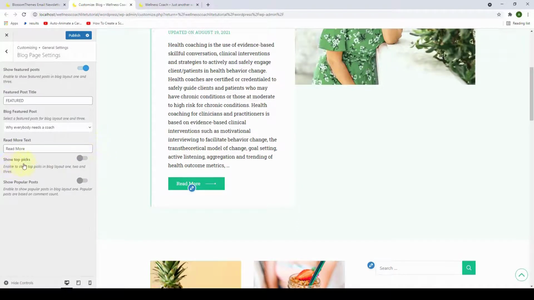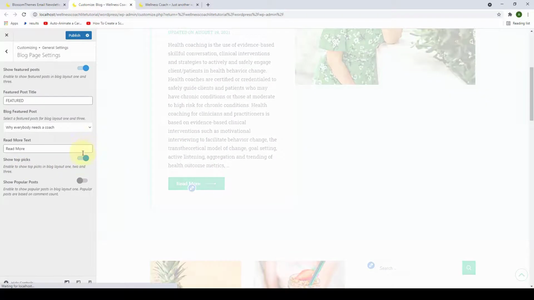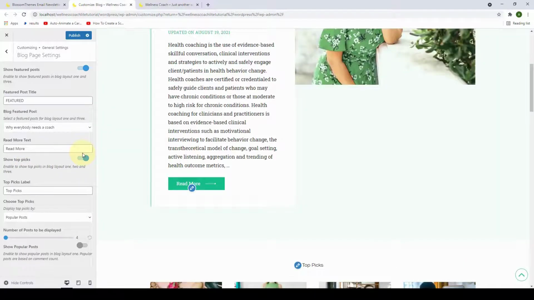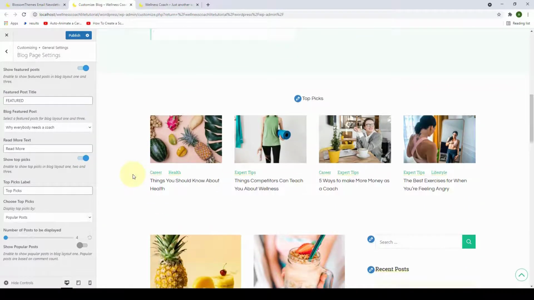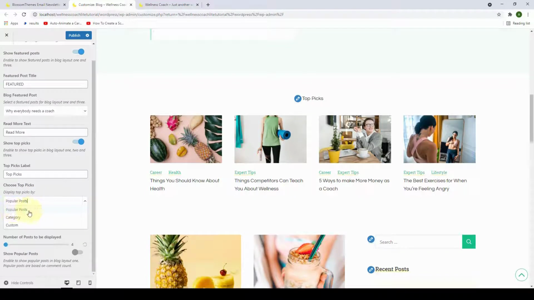Another option is to show the top picks. So enable the toggle. This option will allow you to display your top blog post on your blog page. You can choose your top picks from either popular post, category or custom. If you select popular post, then all of your popular blog post will display as top picks. If you select category,